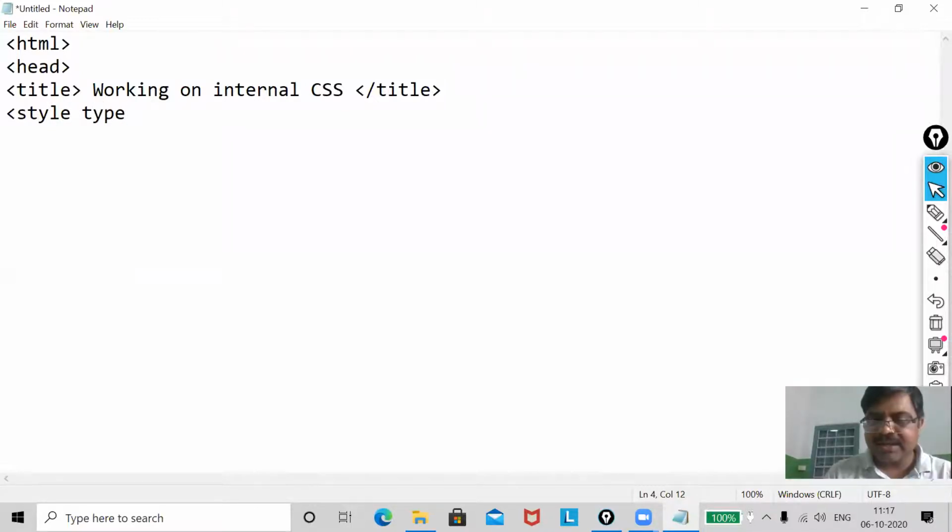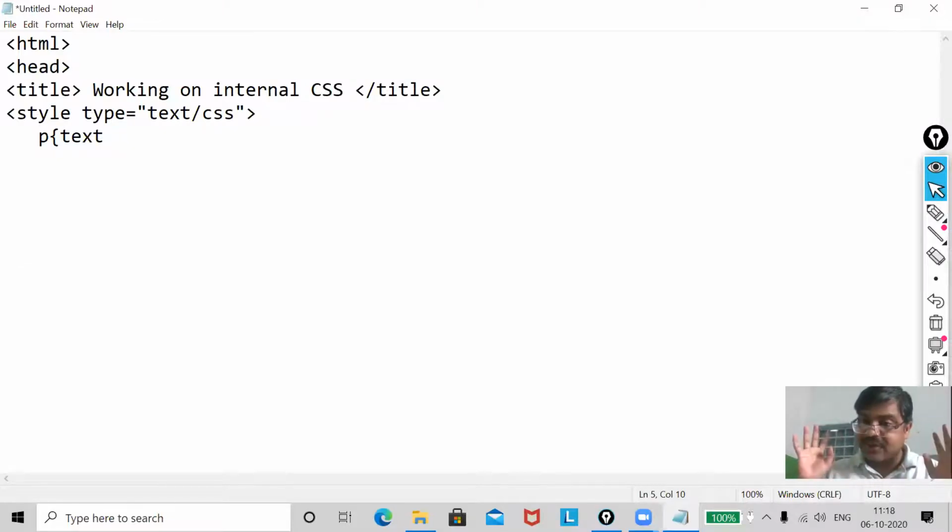Now, type is what? text/css. Now the CSS rule, from here I am going to start. First, the paragraph. I want my paragraph to be aligned at the center. Where should my paragraph be aligned? At the center. So I will write here text